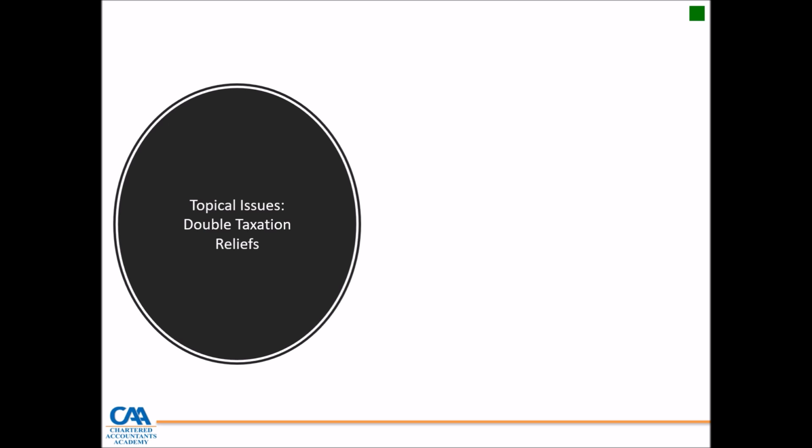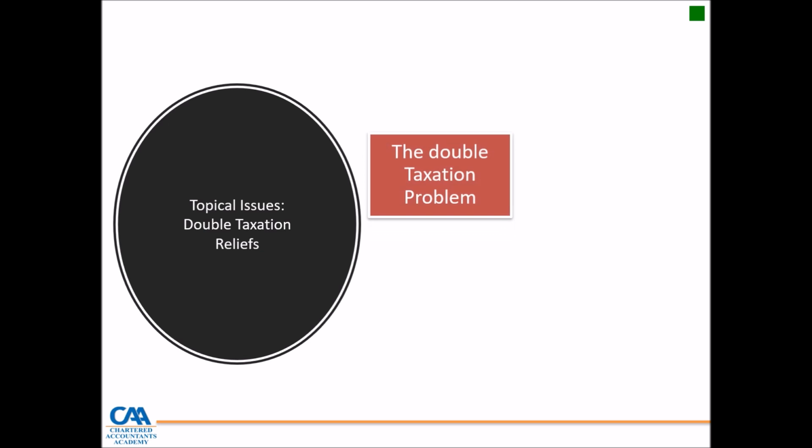Our objective is to understand when they apply, how to apply them, and what rules are followed around double taxation. So the double taxation problem is where two entities or two jurisdictions are able to tax the same amount. This is usually caused by a difference in the type of taxation: one jurisdiction is source-based and the other is residency-based, so both are able to claim the amount on that